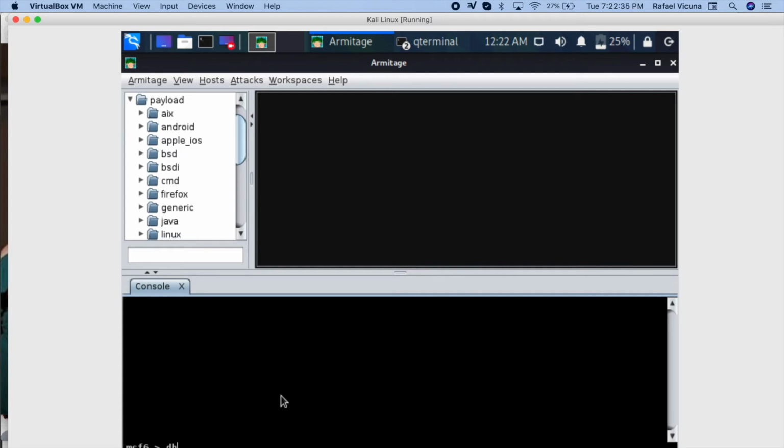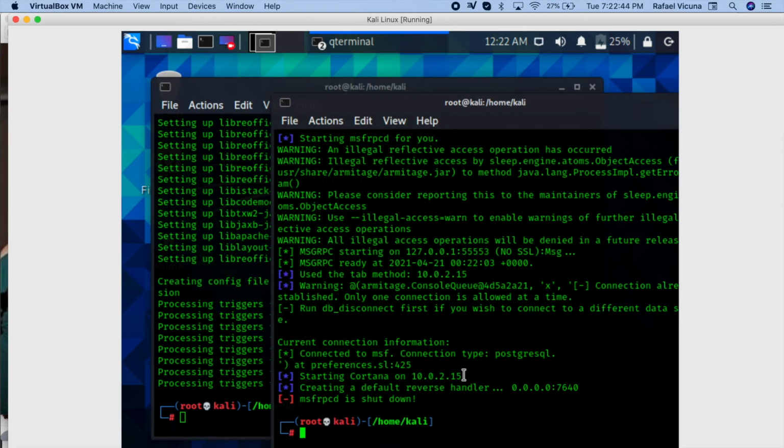All right, db_status to confirm it, and as you can see, it says connection type. So that means it's working. So let's go ahead and close that. And now we also want to be able to run Windows applications on Linux if the situation ever needs it. So the packages we're going to install, apt install